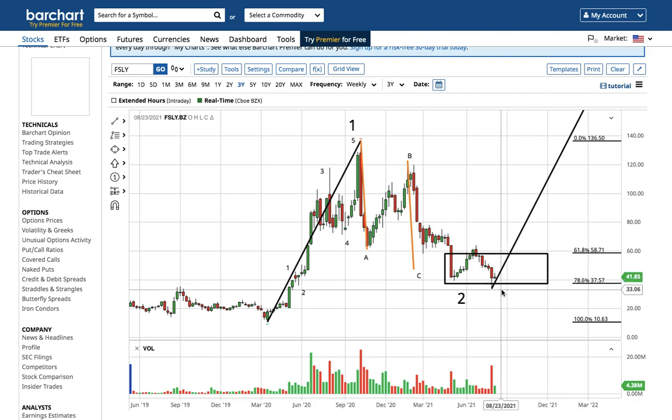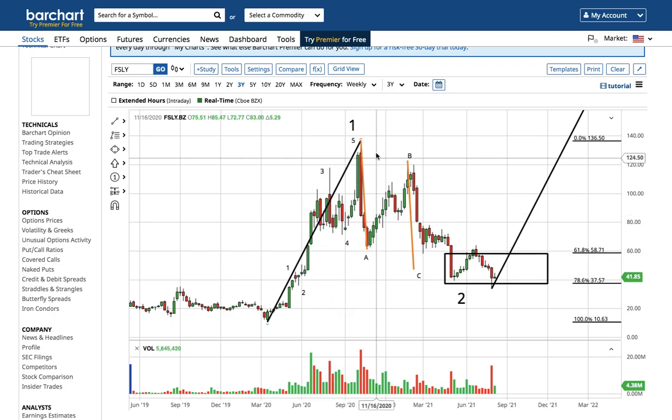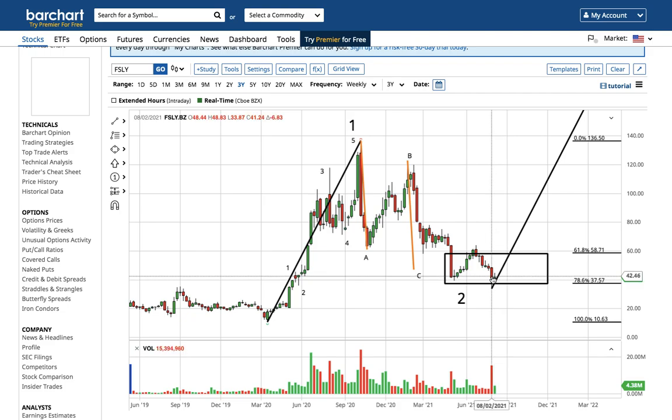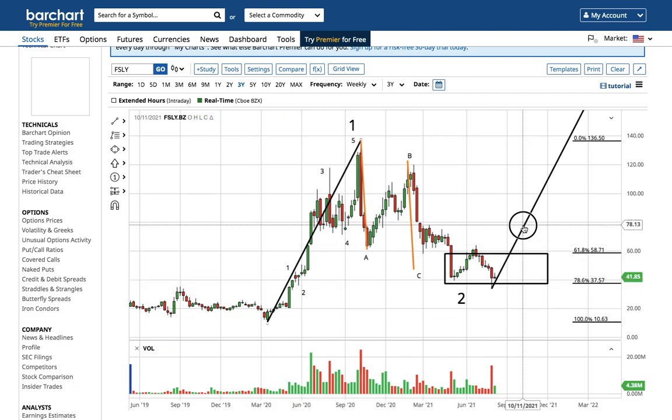Okay, that's just reality. This is a 1, 2, 3, 4, 5 large degree wave 1, and then this is an A, B, C correction. Get off the bus is what the institutions are telling you. This is the 78.6% retracement. Okay, the only way to play Fastly right now is pretty tight. That 33 is not broken, and the length of wave 1,